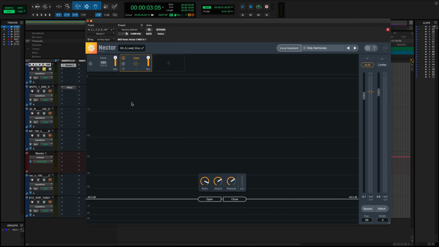Let's move over to another kind of corrective tool. It's a gate. Its utility and function is very, very simple. Basically, it's a way for you to determine what's going to get let in to the audio and what's going to get cut out. Kind of like when you're a kid and you have to be this tall to ride the roller coaster, otherwise you can't get on. If certain audio signals fall below the threshold that we determine, they're too short to ride, so to speak, and they get cut out, reduced and attenuated. How quickly they get attenuated is up to you based on these settings over here. But anything that is above your threshold continues to be heard.